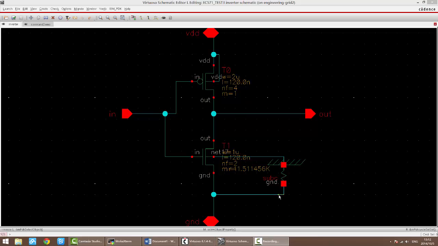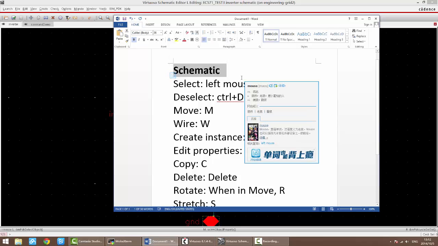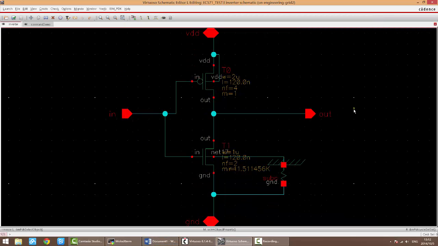Hi, in this tutorial, I'm gonna talk a little bit about how to use the hotkeys in Virtuoso Schematic. So this is schematics only. I think I'm gonna make another tutorial for the layout. It's pretty much the same, but there's a little bit of difference. So let's get started. And once you open the schematic, create a cell view that's in schematic, and the first